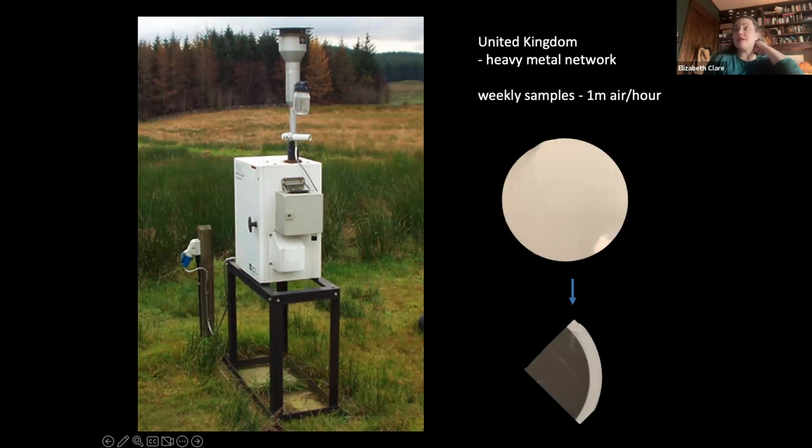There are legal limits in most countries on what you can be exposed to, which means we have to monitor your exposure. So these sampling systems are set up in grids across many countries, and all they do is filter the air, looking for tiny particulates in very specific size ranges so that they can assess your exposure to these kinds of potentially harmful pollutants. They sample, precisely, in this particular brand, 1 cubic meter of air per hour,